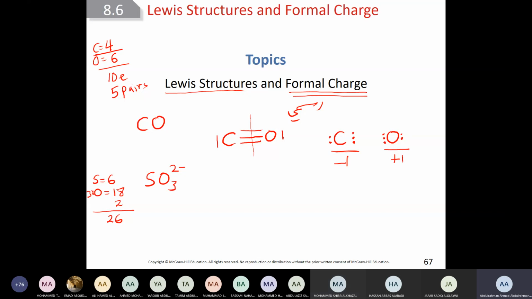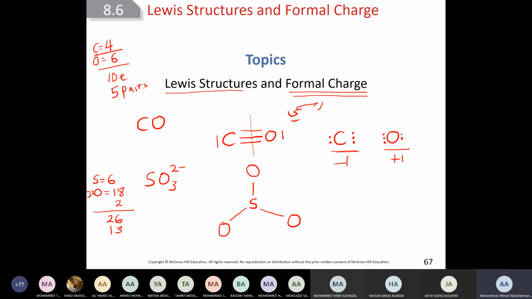As I said, this means how many pairs? 13. 13 pairs. Very good. As I said, to start, I will put S, 1, 2, and 3. And then put O, O, and O. How many have I used already? 3 pairs. Okay, so what I'm going to do now, 3 pairs, this means